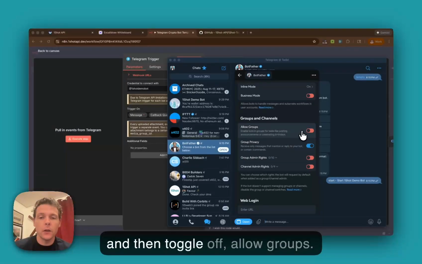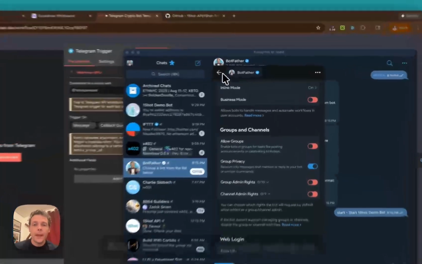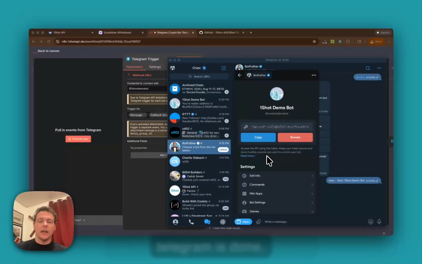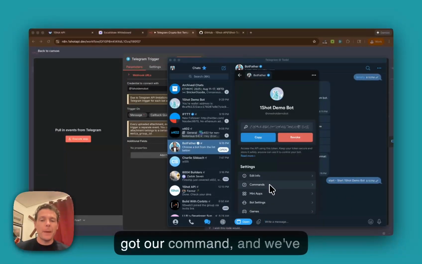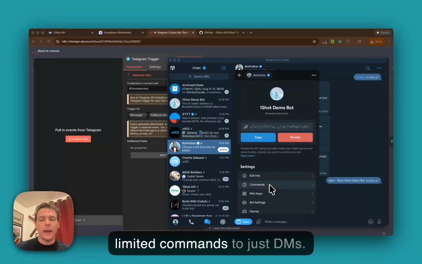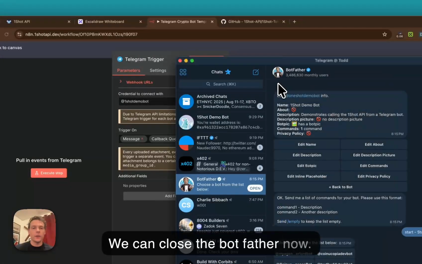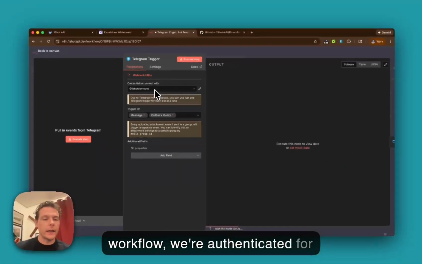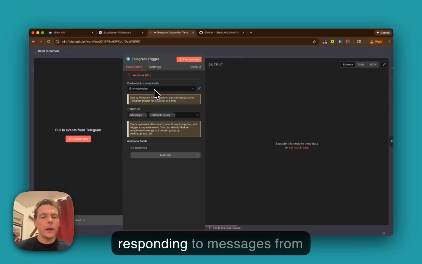Toggle those off, and then toggle off allow groups. And at that point, our bot setup in Telegram is done. So we've got our API key, we've got our command, and we've limited commands to just DMs. We can close the bot file now, and if we come back to our workflow, we're authenticated for responding to